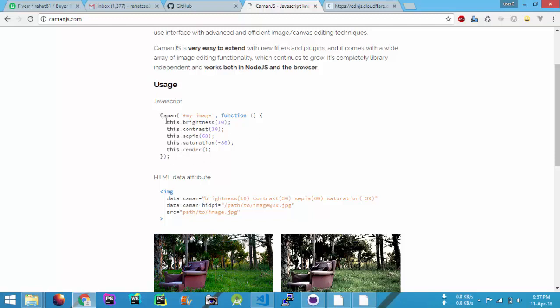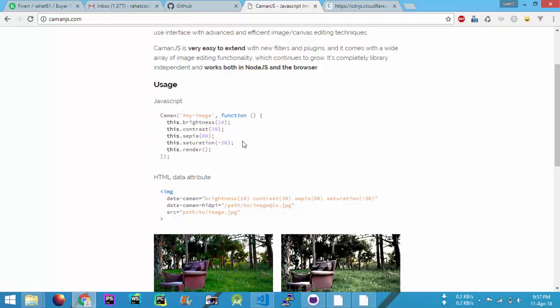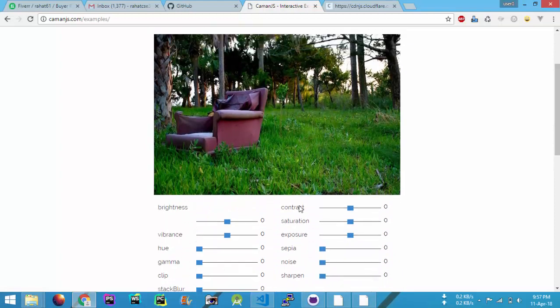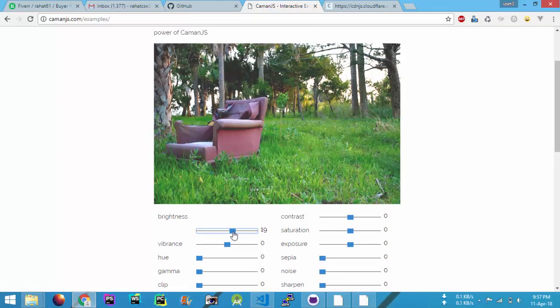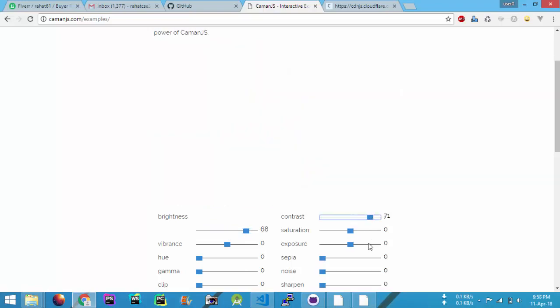It's simple. Just declare Caman, call the id, and declare an anonymous function or a callback function. In this function you just enter your filtering parameters and they will work. I'll show you an example. In this image, if I increase the brightness, you see that the brightness will be increased, and you can control the contrast,